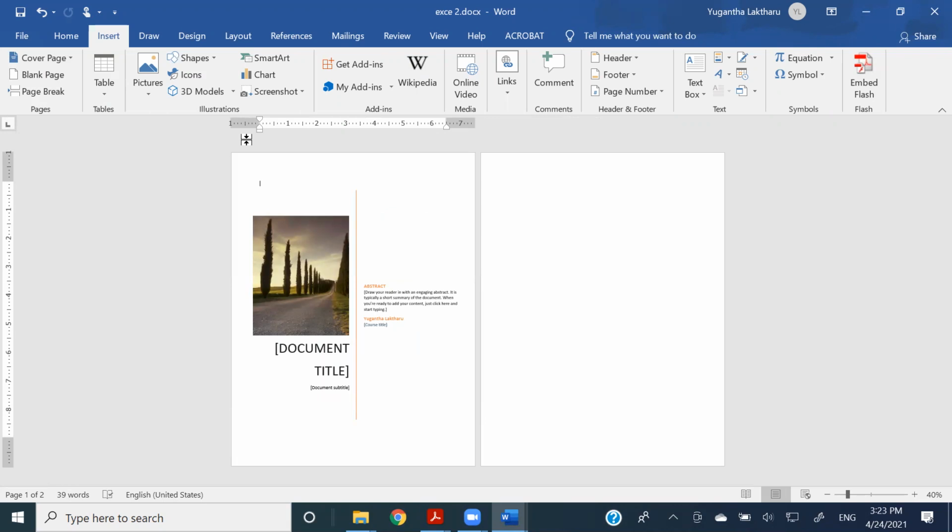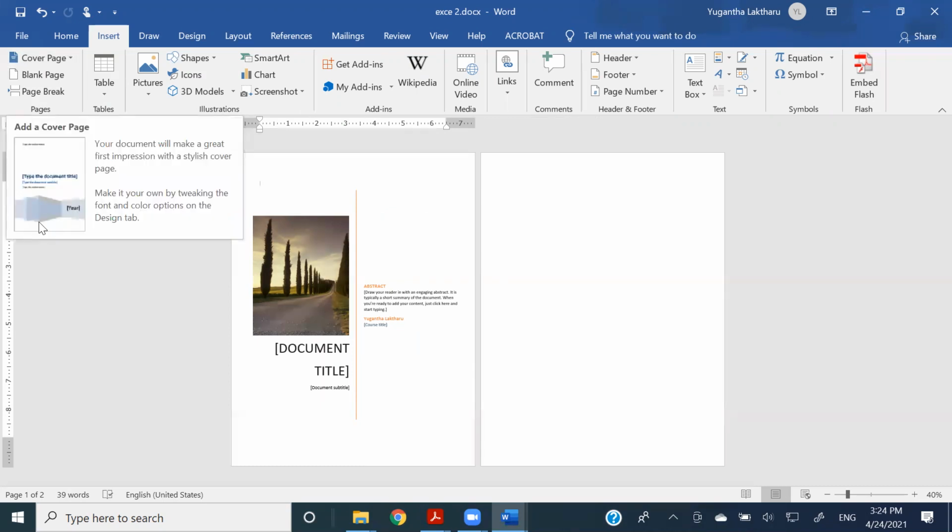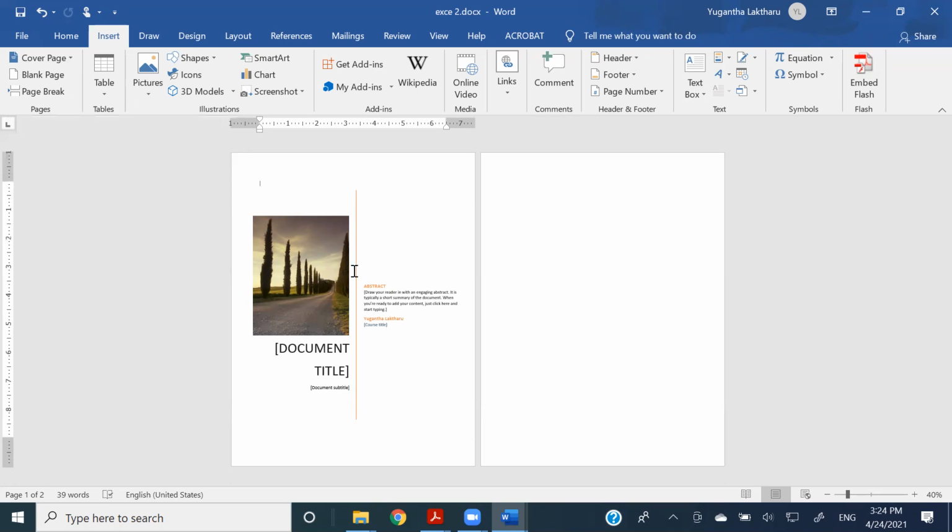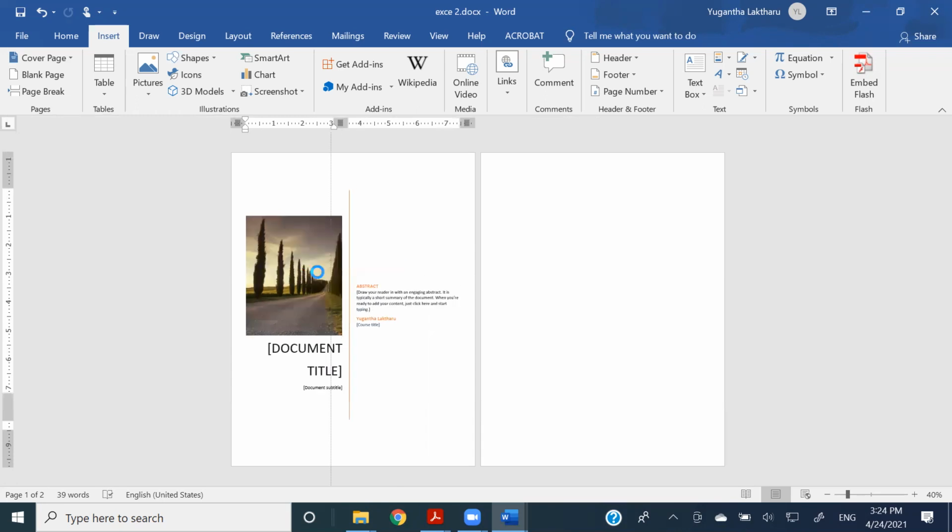Document, it doesn't matter how many pages are there. If you are asked to insert a cover page, it will insert a new cover page for you, right? So on the cover page, you can do the changes. It is a predefined cover page that comes. So you can change,